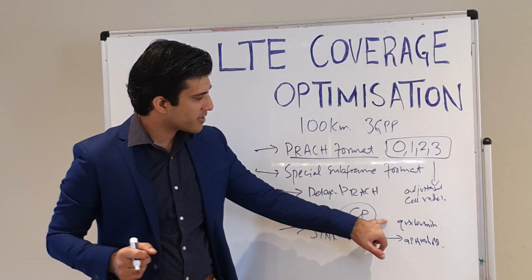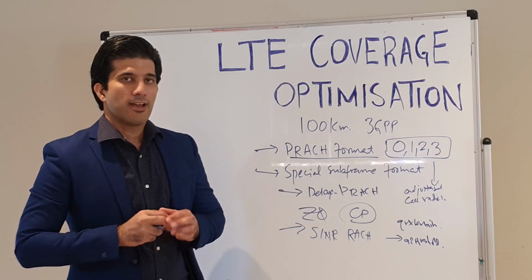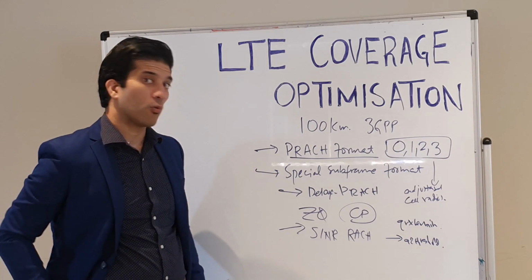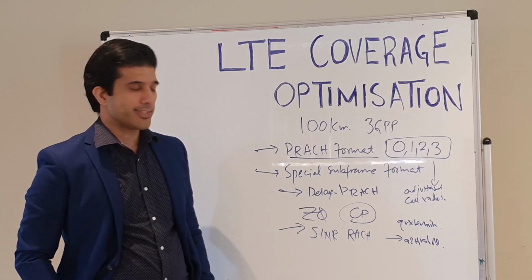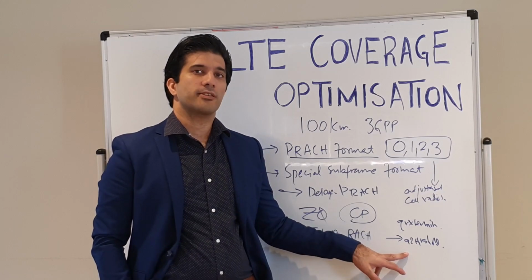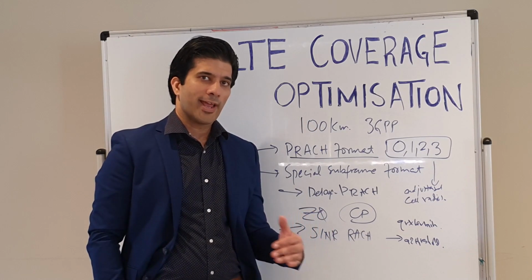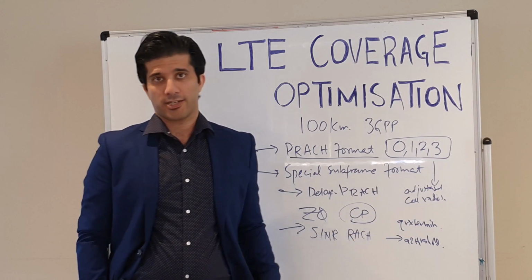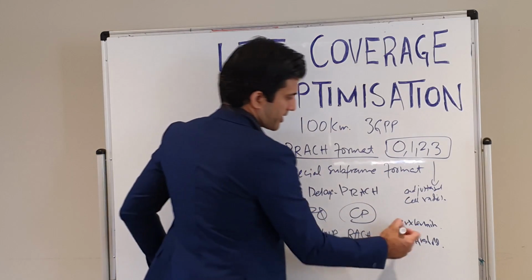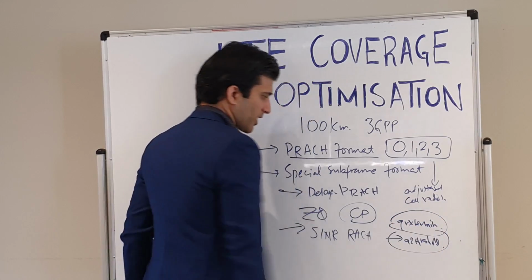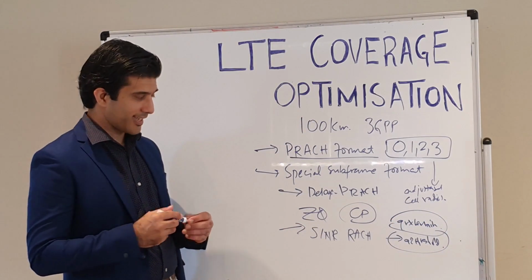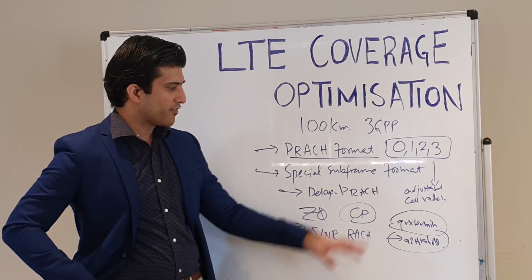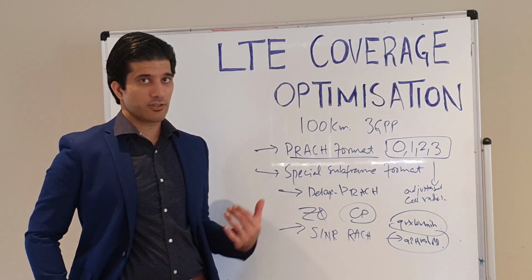So QRxLevMin is basically your minimum RSRP level required to access an LTE cell, and the A2 threshold is basically the threshold where your LTE cell will go towards your other RAT. So basically this is two coverage areas, and using your cell border adjustment is like this: you keep either of these two the same, and then you can reduce or increase these parameters to adjust your cell border if you're